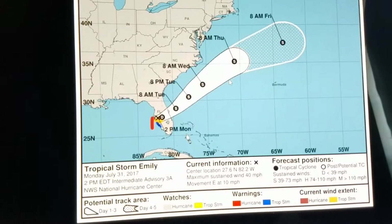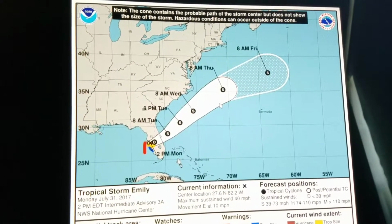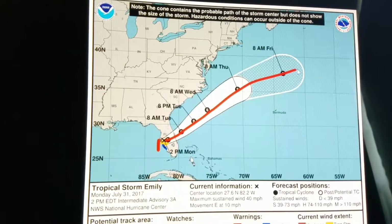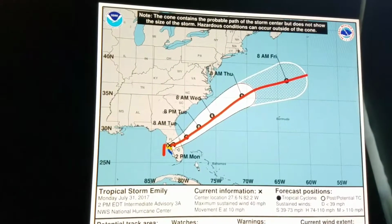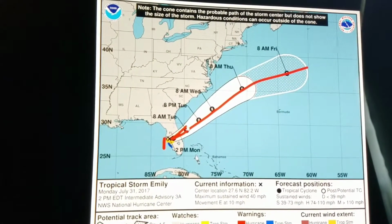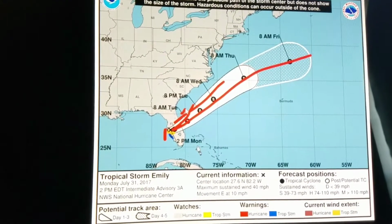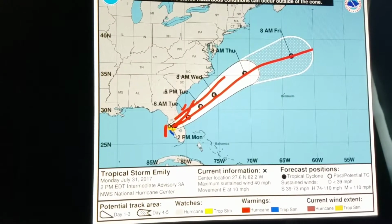We're going to take a look here at how the track may be a little bit too far south and east. But, again, here is the official NHC track. And we're going to take a look at some of the models, because I think that if this thing can get stronger early, when it comes off, by tomorrow night, if it can take the left side of this cone, if not even be a little bit further northwest than that, let me switch my color, if it were to take a track